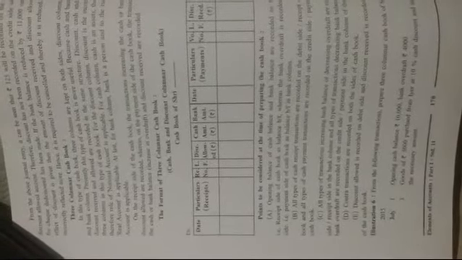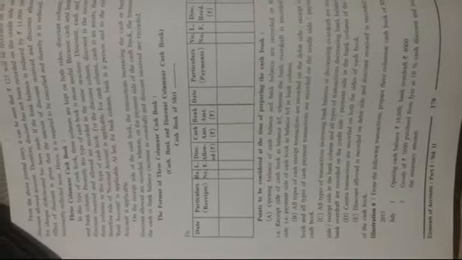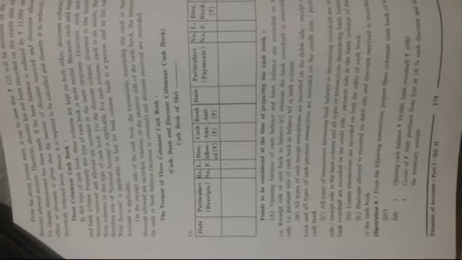So in the last video we discussed an example for how to prepare the bank and discount columnar cash book. So with that, now we are done with all the three types of two columnar cash book. First one was cash and bank columnar cash book, second one was cash and discount columnar cash book, and the third one was bank and discount columnar cash book.